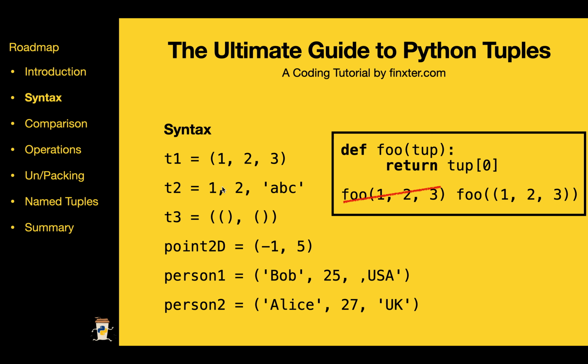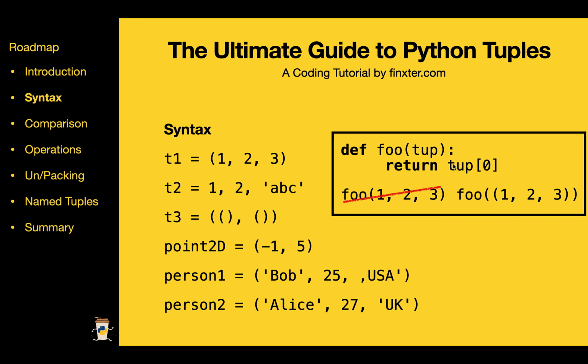Okay. And here are some more real-world related examples. The point in 2D space, for example, or person data records. And another important thing to mention about tuples is when you use them to call a function in a function